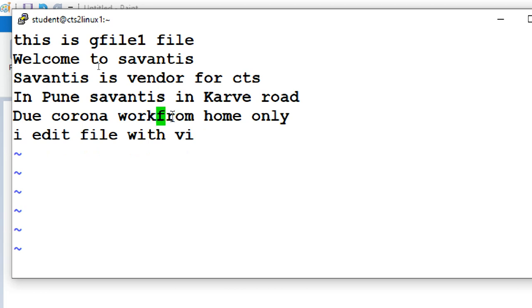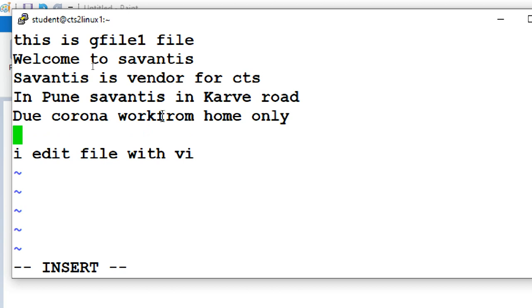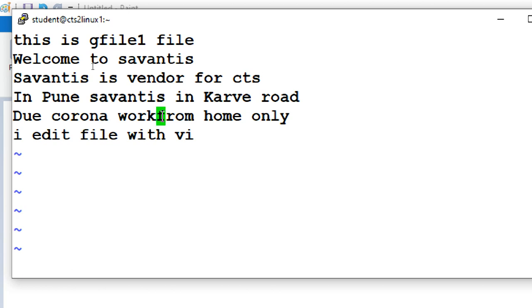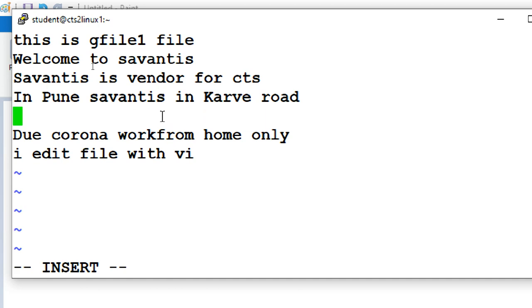Okay, so what I did again: I'm showing small o, down, new line, a complete empty line, and insert mode. Escape, u, undo. Shift O means it goes to the above line, a new line above the current line. Escape.